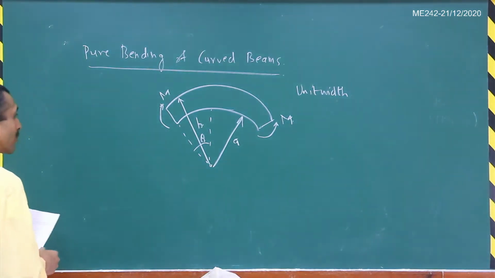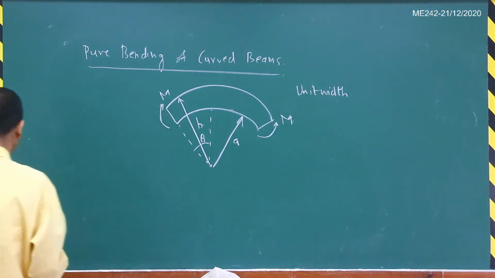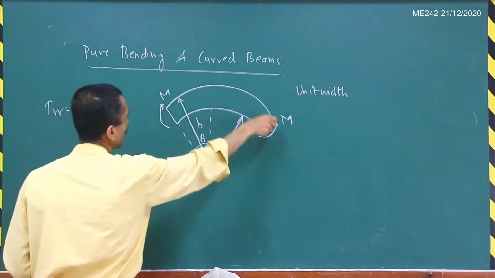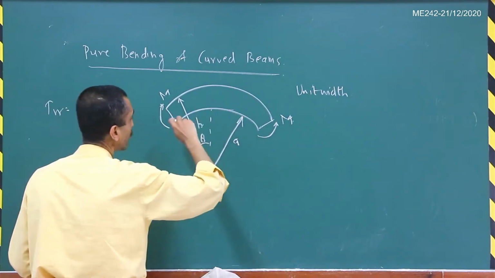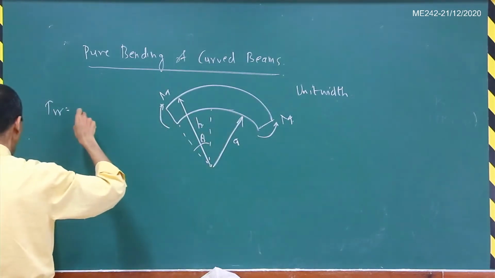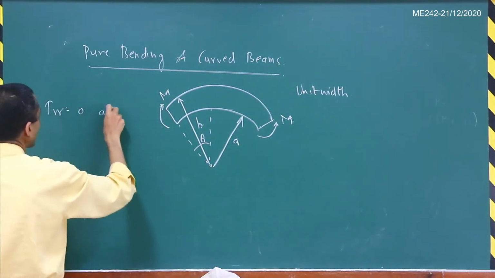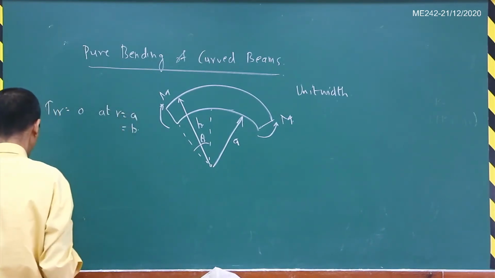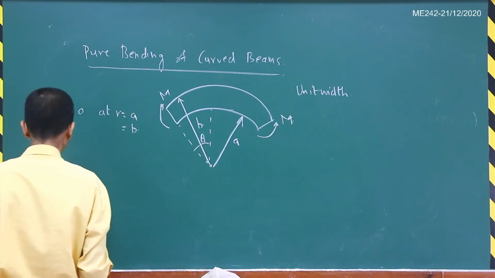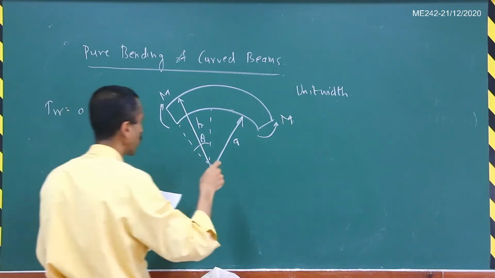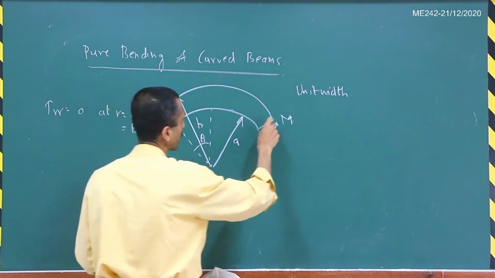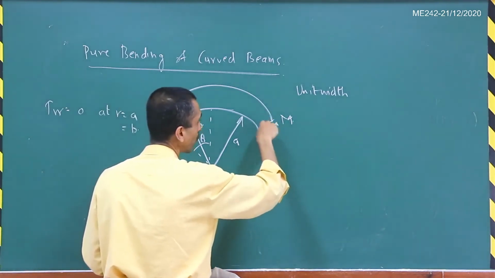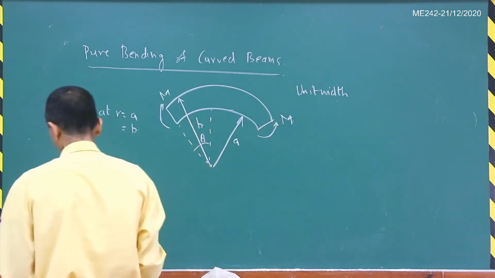We will first write the boundary conditions for this. Since the outer and the inner surfaces are traction free, you will get that tau r r is equal to 0 at r equal to a and r equal to b. That is one boundary condition. Then the resultant force on this particular edge is equal to 0, because there is no force being applied along this direction.